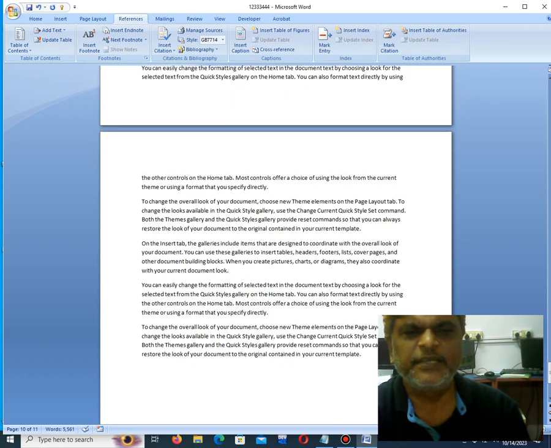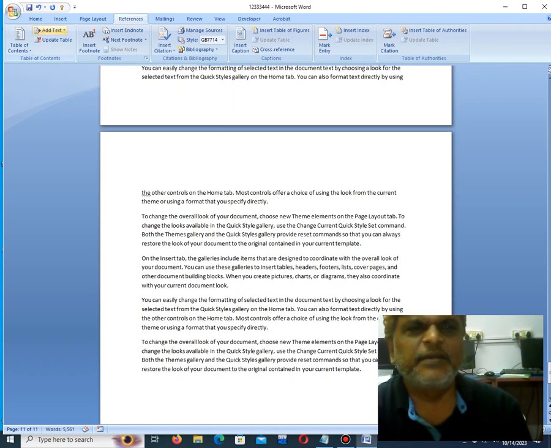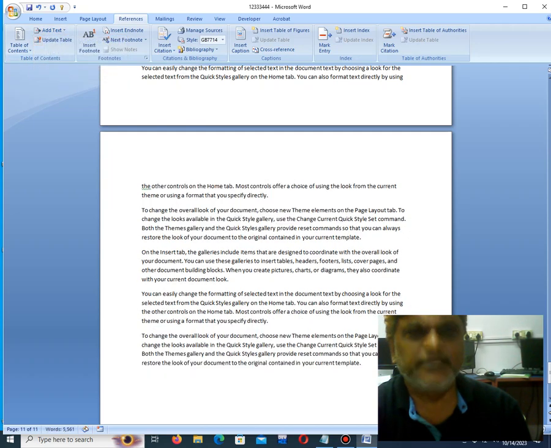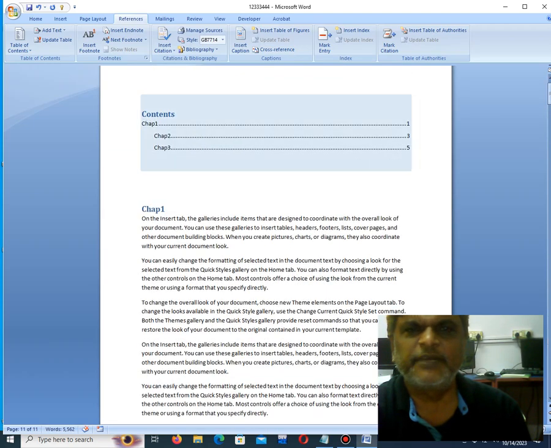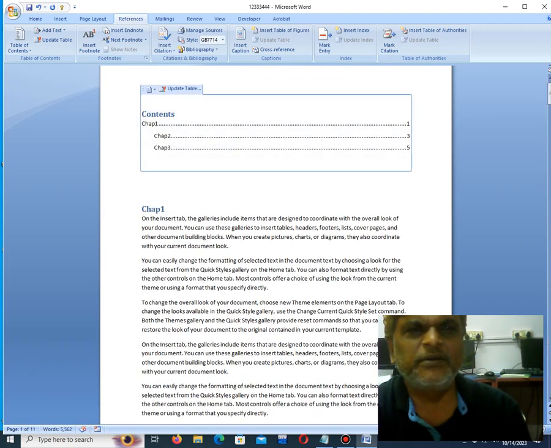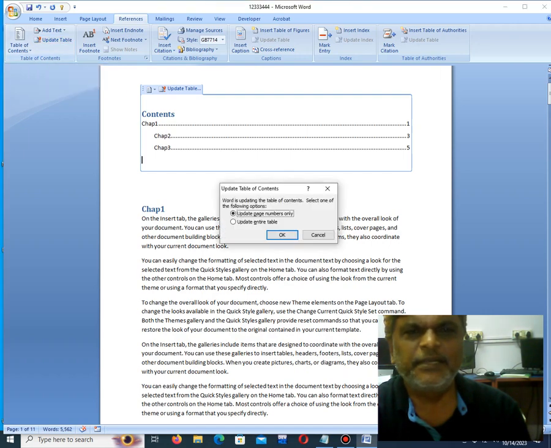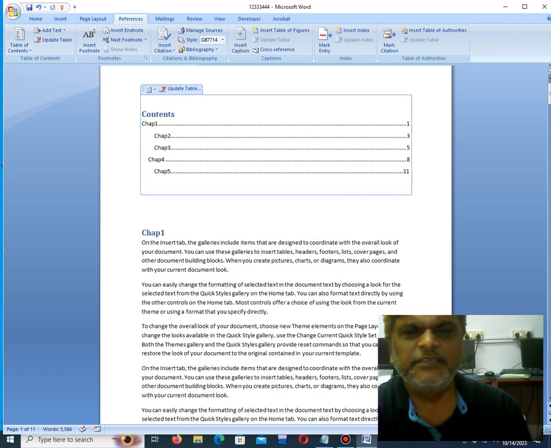Suppose chapter 5 is from this particular position. Enter. Again you go to Add Text, whichever level you want to select, and here you say chapter 5. Now, I want to include the chapters I added today in the table of contents. The second time, if you want to update, you go to Update Table, then click Update Entire Table. See, now this is for adding the new chapters to the table of contents that was already created.